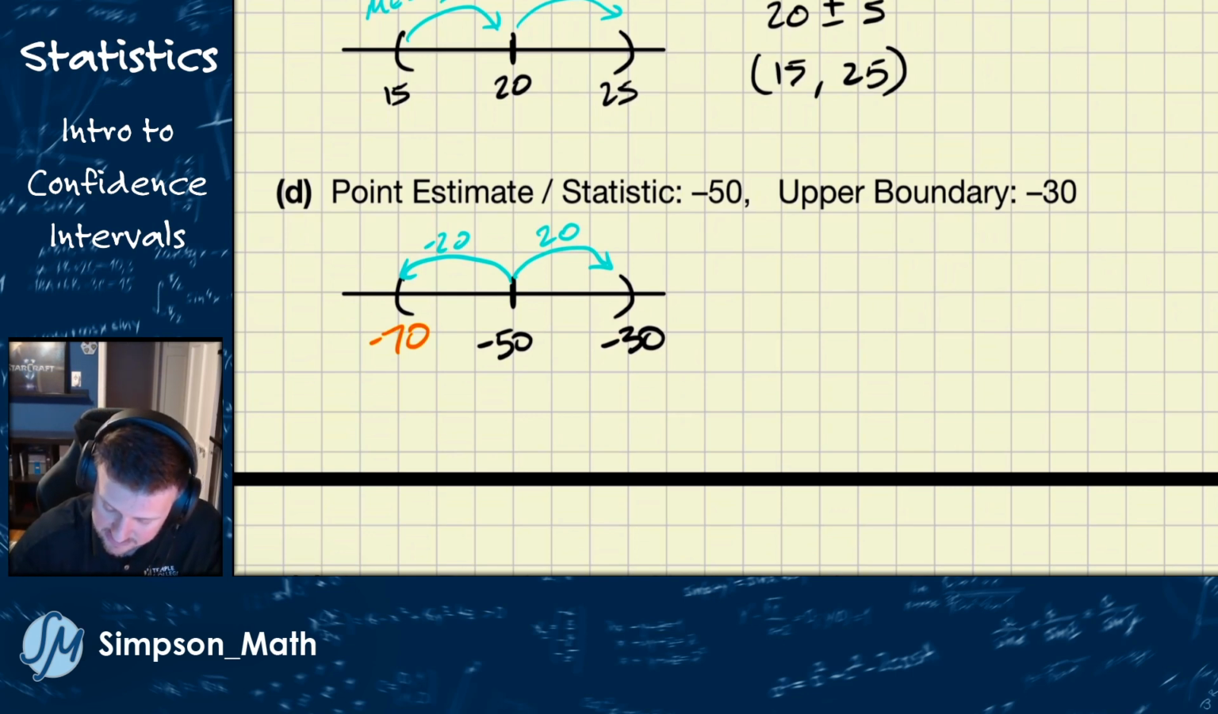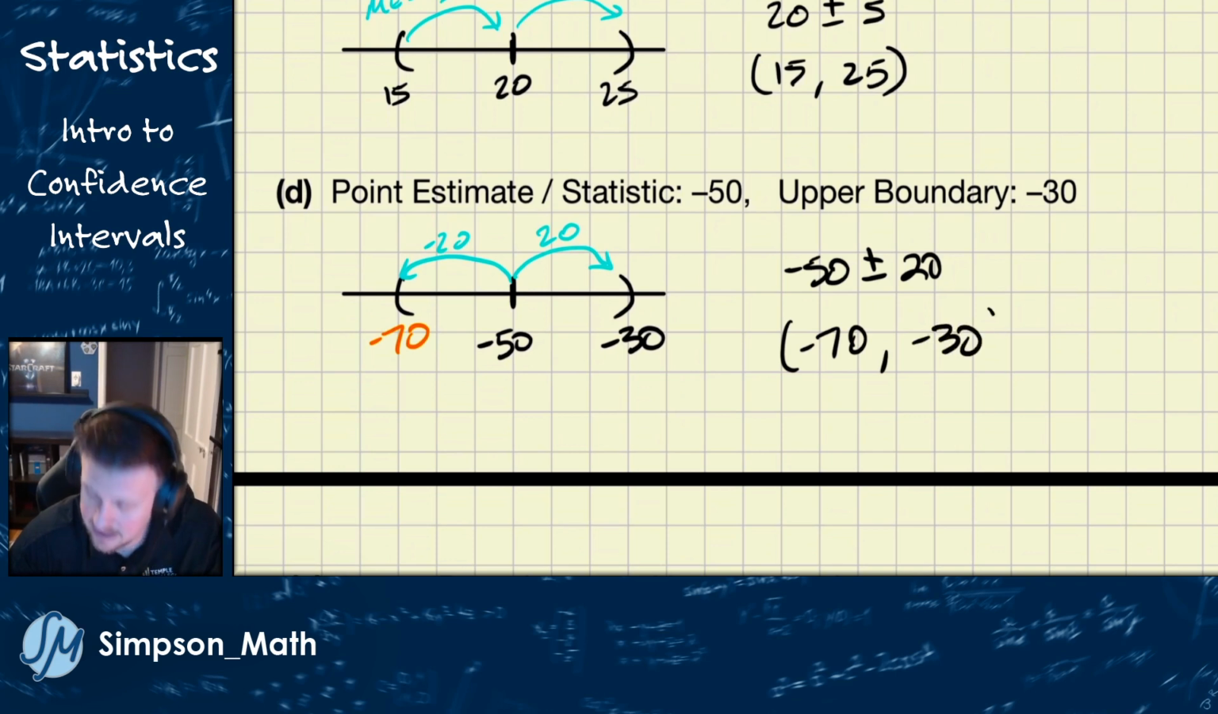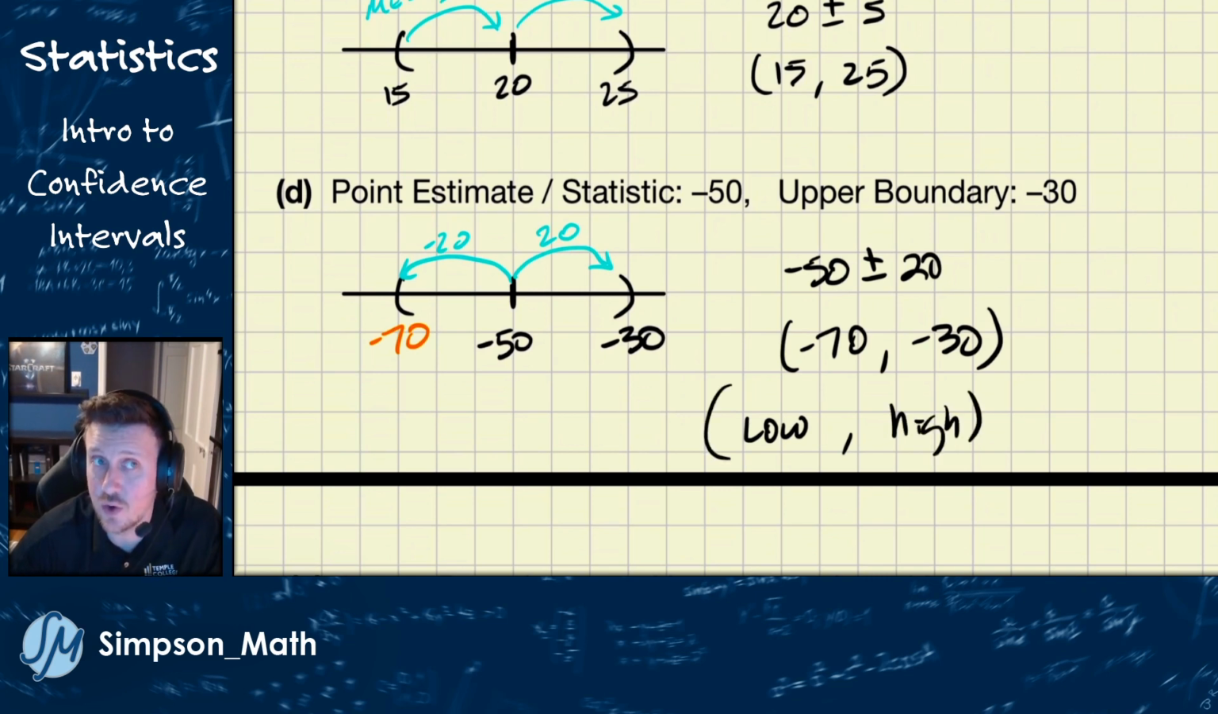So now with all that, I can summarize this to be a negative 50 plus or minus 20, or from negative 70 to negative 30. And again, this negative 70 is smaller than this negative 30, so that's why it's written first. Always do intervals low to high. I didn't make a big deal of that earlier, but gotta make sure that it is low to high,